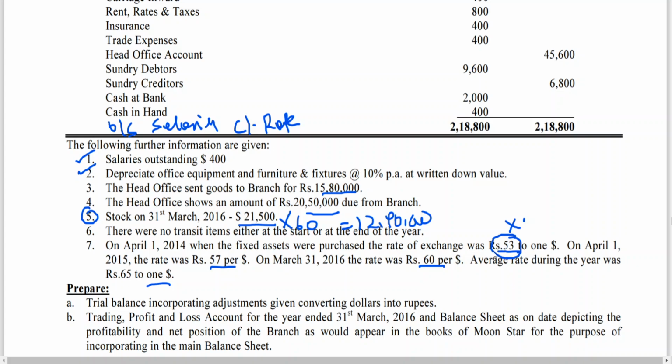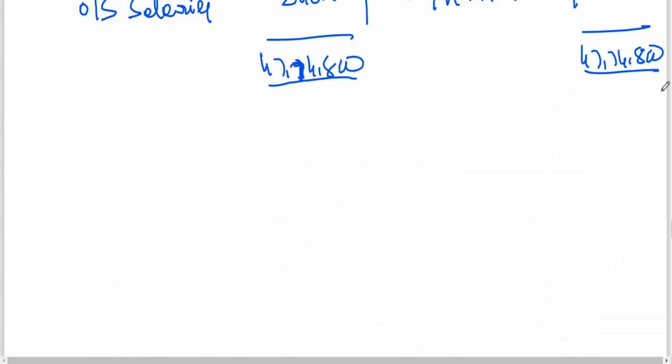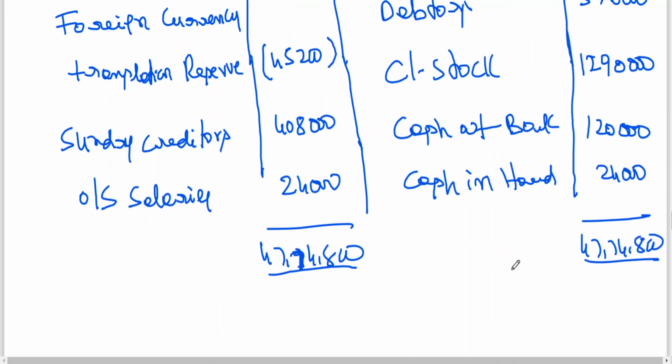Point number two, the difference in exchange will be taken to the balance sheet. We'll be calling it the foreign currency translation reserve. Since we got a loss, we are writing it in brackets. If it is a credit side difference in the trial balance, we'll put it without brackets. Both will be taken on the liability side only. So keep on practicing, and please try this problem on your own, then you'll have clarity on how to work it out.